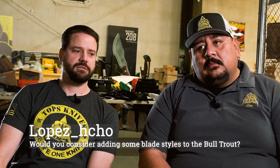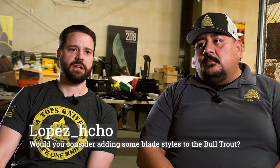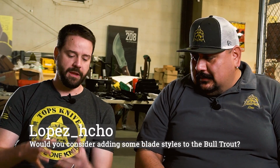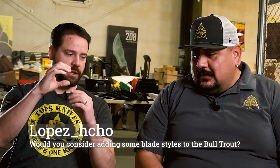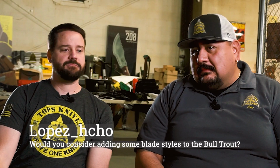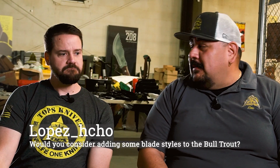So I saw this question. I think they asked us this question in text as well. Basically, they're asking would we take the Bull Trout handle and make different blade shapes, so use the exact same handle with different blades? That didn't even cross my mind, to be honest. Mine neither. It's not that we wouldn't do that. We don't have a plan to do that, but